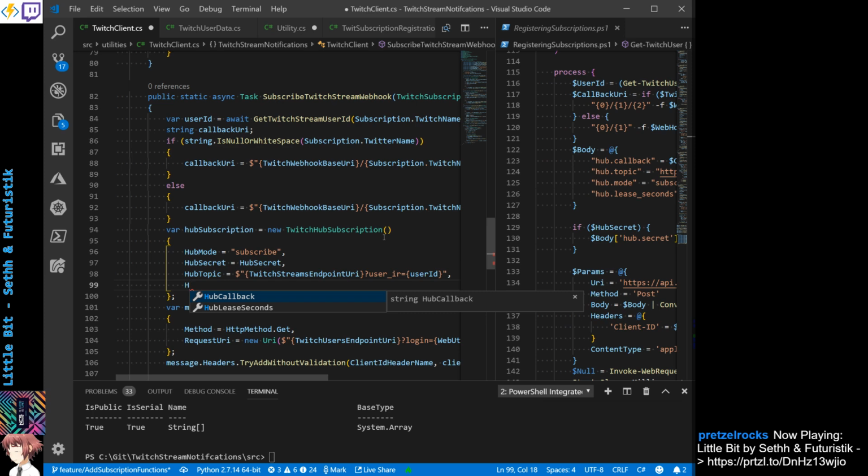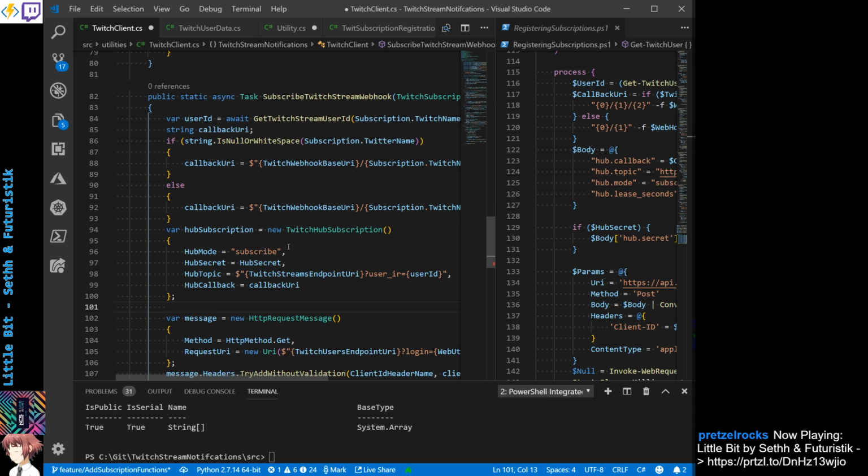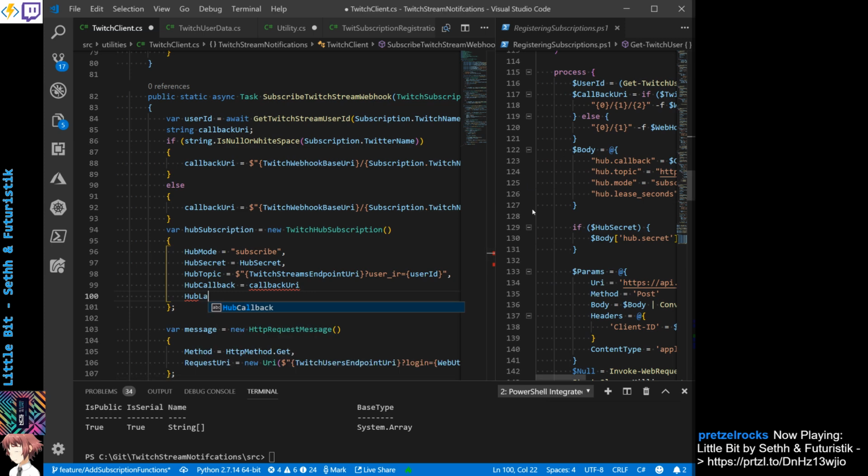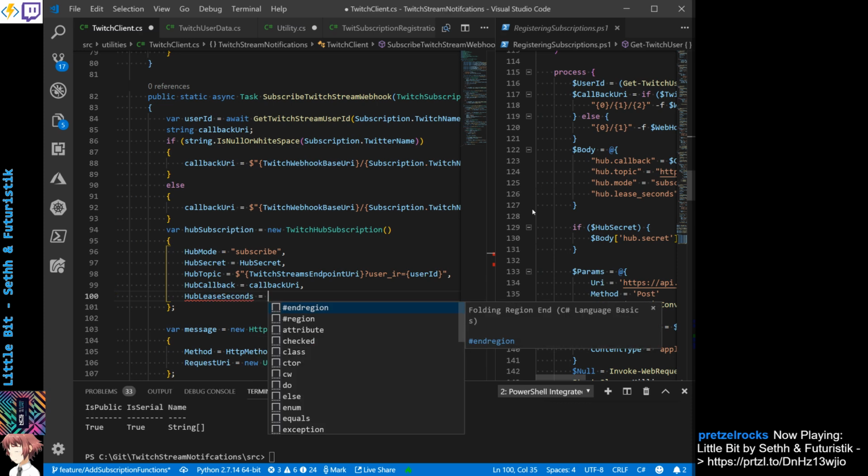Hub callback. All right. So mode, topic, callback URI, mode lease seconds. Comma hub lease seconds equals